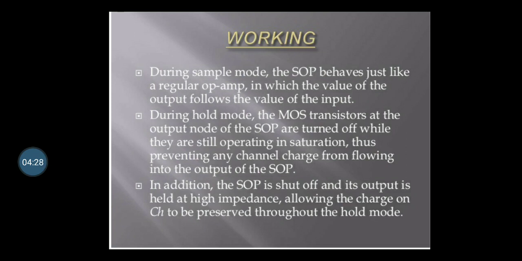However, there will be a small drop of the capacitor voltage during the hold period due to various leakage currents. To avoid this, input and output buffer circuits are used. The input voltage Vi appears across CH and then at the output through the voltage follower A2. During the time when control voltage Vc is 0, the MOSFET is off. The capacitor C now faces the high input impedance of the voltage follower A2 and hence cannot discharge, so the capacitor holds the voltage across it.